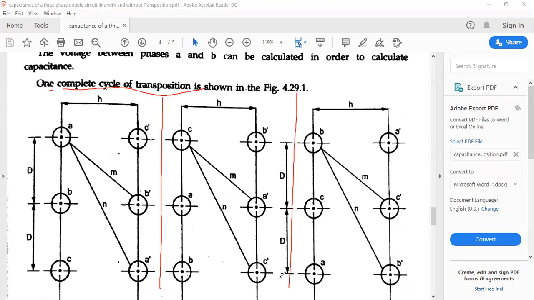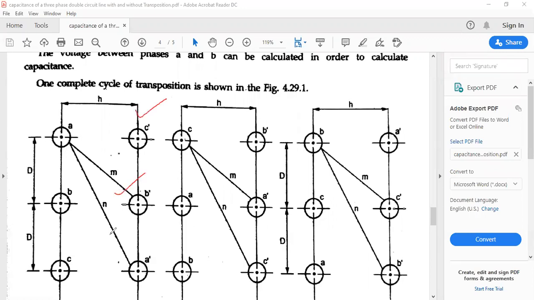So you have the changing of conductors at regular instants of the distance. When I say instant of the distance here, it means that if I have a 300 kilometer transmission line, then at regular intervals, after every 100 kilometers of line length, the positioning of the conductors changes. So what you can generally understand from here is that there is a shifting of conductors at each and every instant. You can see these are the conductor distances.